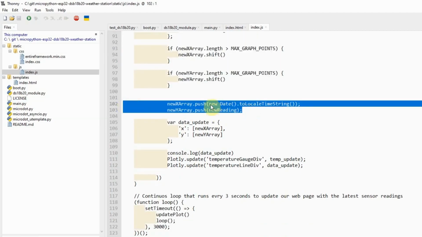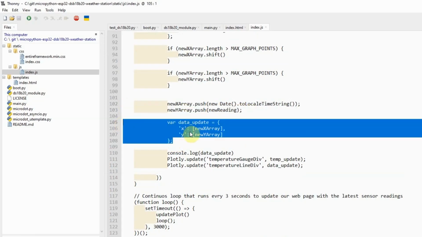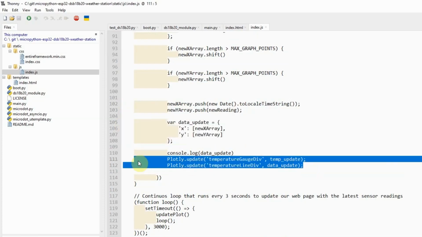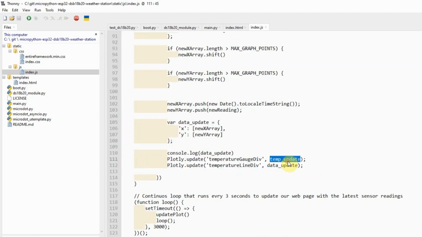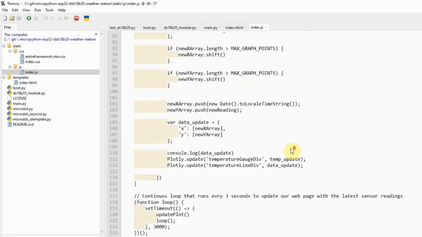One is the current date, which refers to our current time, and the other will contain our new reading. These entries, the data update, are used to update our graph. As you can see in here, at the end of the function, it calls Plotly update, and it passes in the new information regarding the new readings.